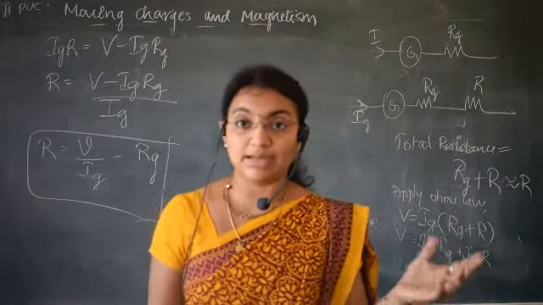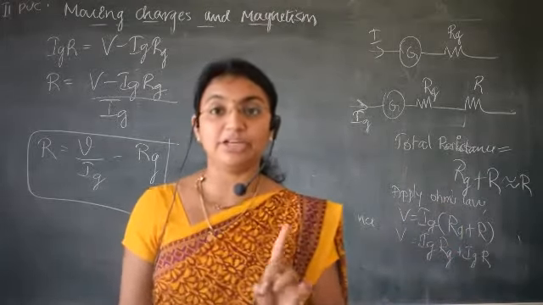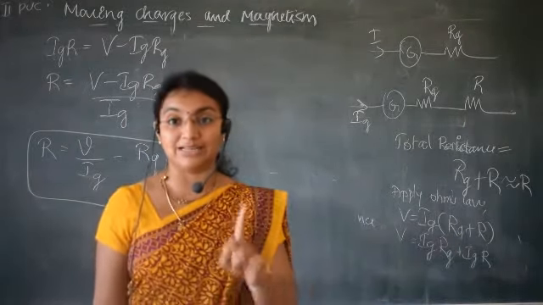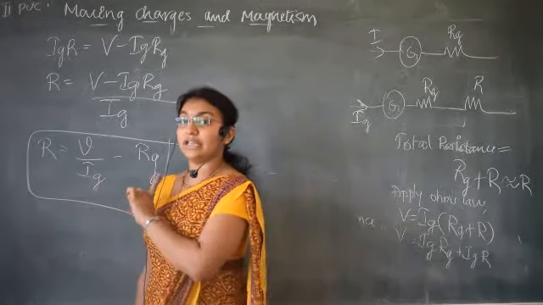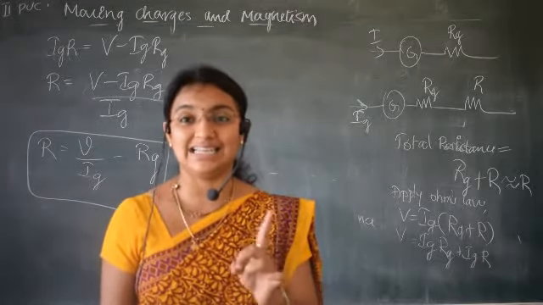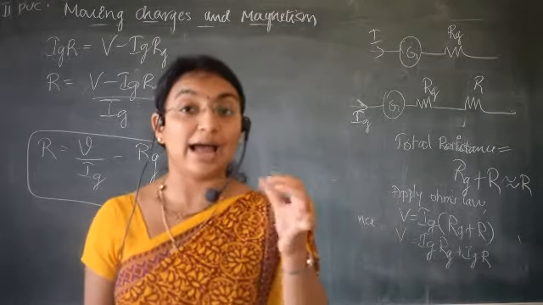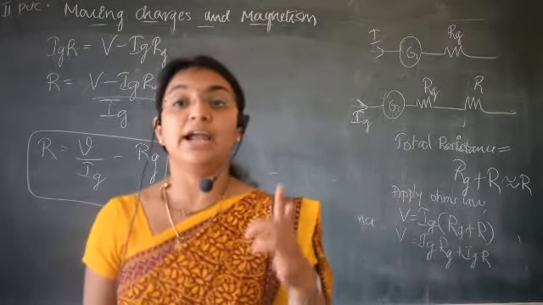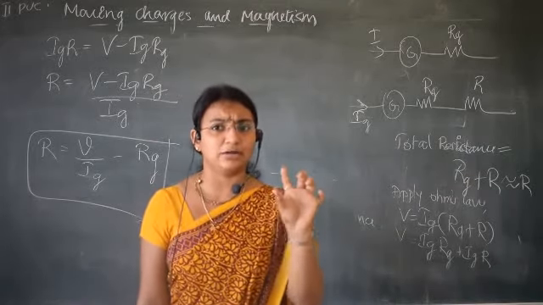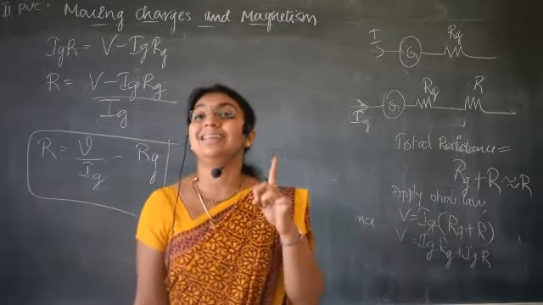In the previous one we converted a galvanometer to an ammeter. To convert a galvanometer to an ammeter, you have to connect a low resistance in parallel with the galvanometer, whereas to convert the galvanometer into a voltmeter, you have to connect a high resistance in series with the galvanometer. And you should always know the ammeter should always be connected in series and the voltmeter should always be connected in parallel. This concept of how to connect, you have learned in your 10th standard itself in the chapter called electricity.